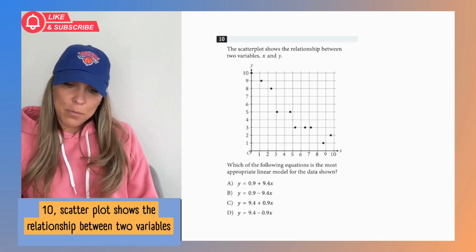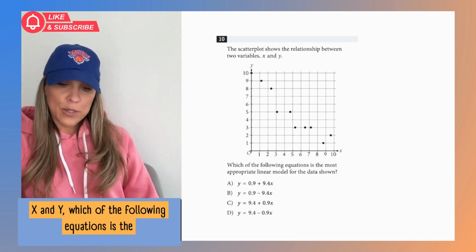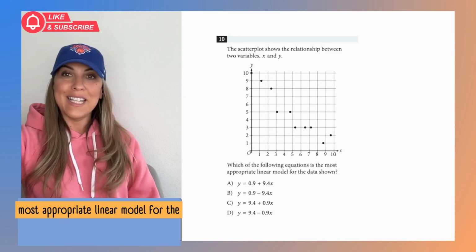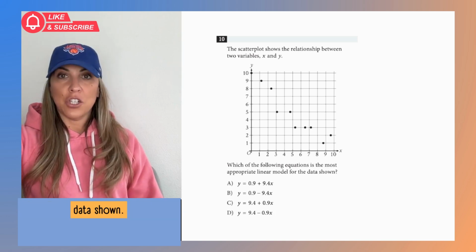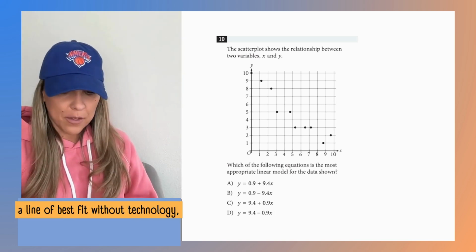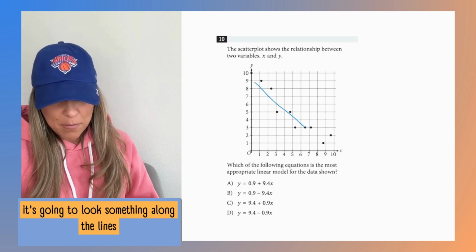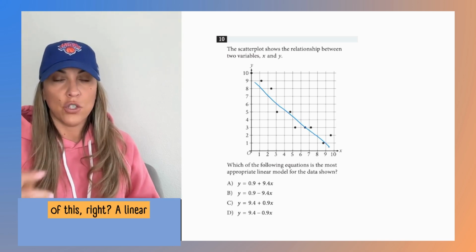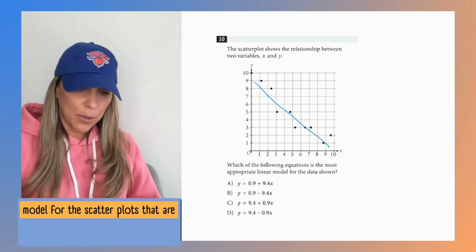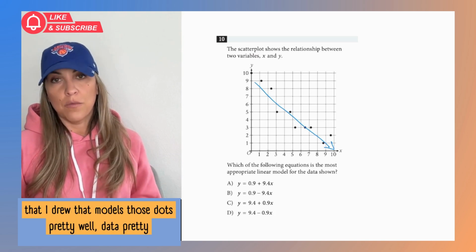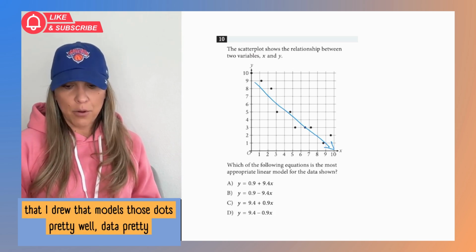Number 10, the scatter plot shows the relationship between two variables x and y. Which of the following equations is the most appropriate linear model for the data shown? If I try to draw a line of best fit without technology, it's going to look something along the lines of this, right? Trying to create a linear model for the scatter plot. When I look at the line that I drew that models those dots pretty well,